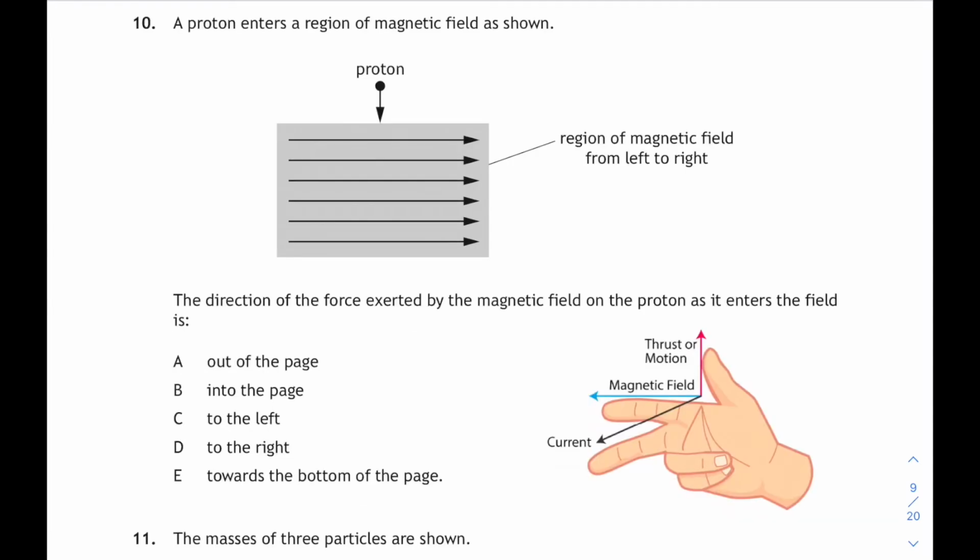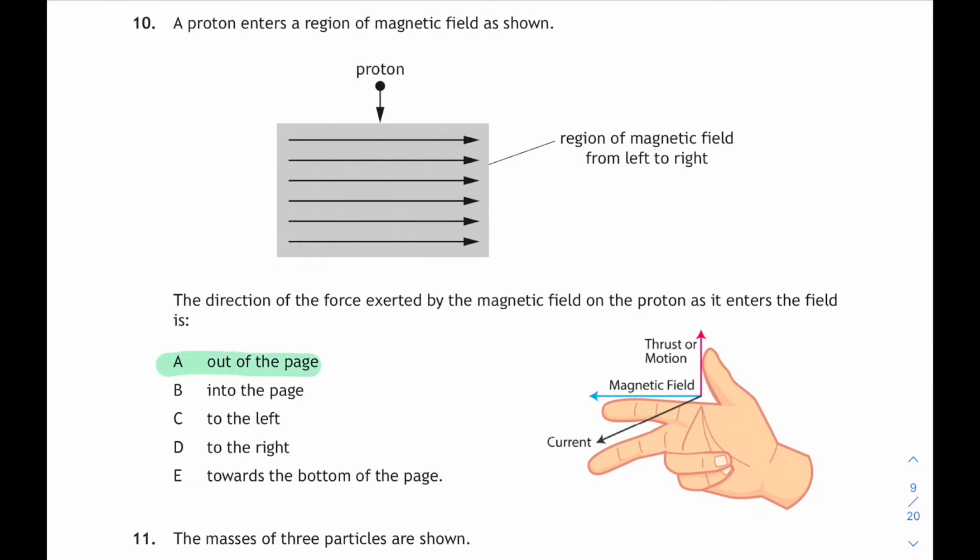Well, we're going to need a right-hand rule here. Remember, your first finger shows you the direction of the magnetic field, so that's going to be pointing from left to right. The direction that the charge is moving in, or the current if you like, is down the page, and your thumb should show you the direction of the magnetic force. Now, the right hand rule is for a negative charge. So if you do your right hand rule here, your thumb is going to be pointing into the page. That would be for a negative charge. This is a proton, which is a positive charge, so it's the opposite of that, so it's out of the